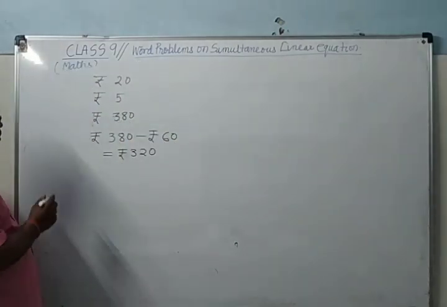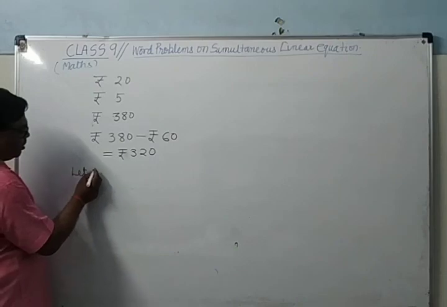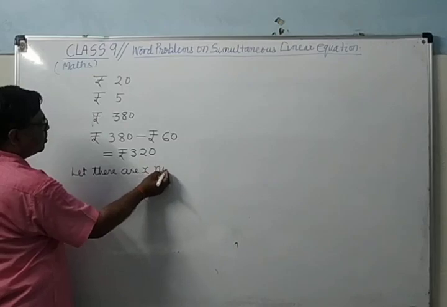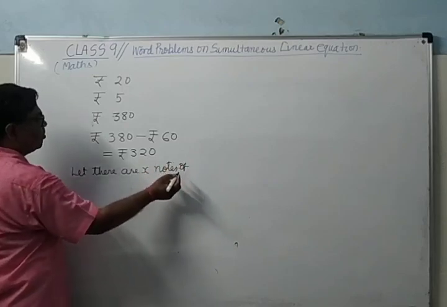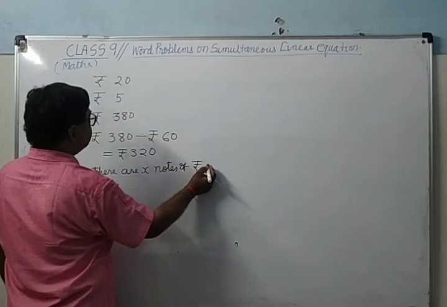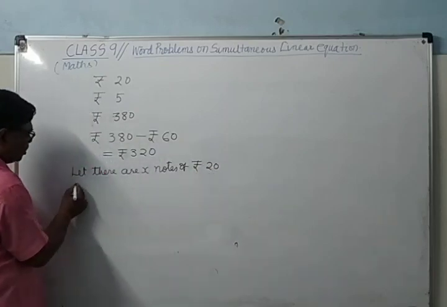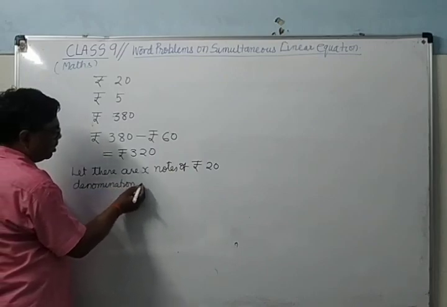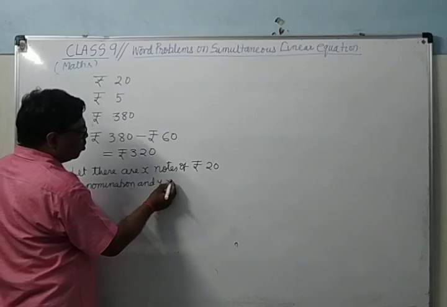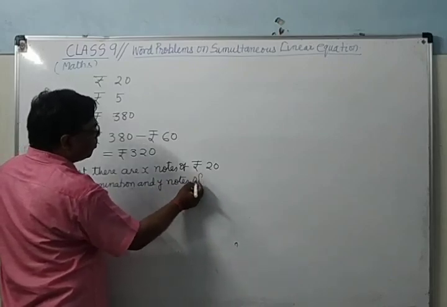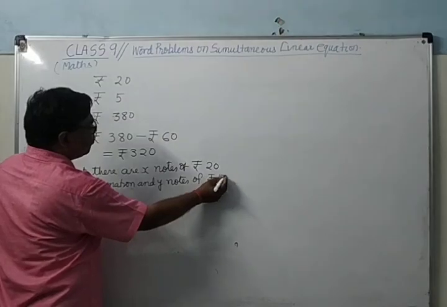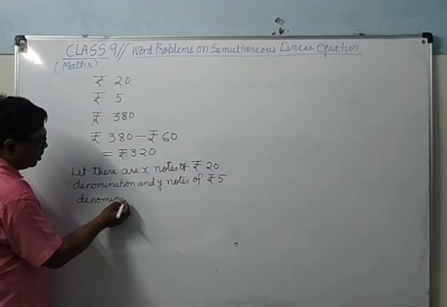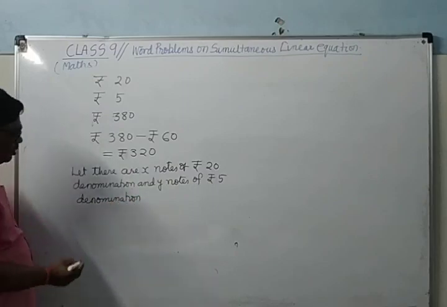Denomination means value. So you assume, let there be X notes of rupees 20 denomination and Y notes of rupees 5 denomination. So see here, according to the first condition,